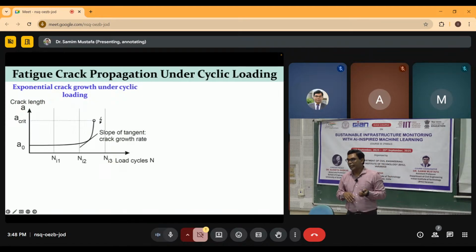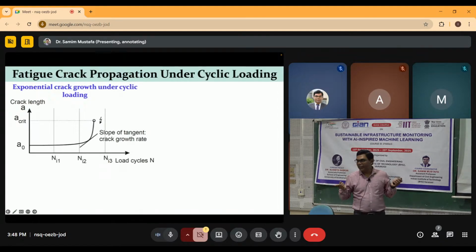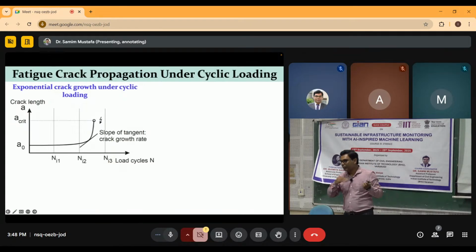You see, the growth of the fatigue crack, how it is enlarging, is happening exponentially. Suddenly it occurs. So, for example, you are inspecting the bridge at some point of time, and then after 1 year you plan to inspect. So probably you have seen there is no further growth of crack. Then again in the third year when you are going, you see the member has already fractured, okay, because of the exponential